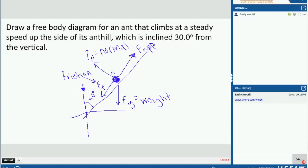Okay, so our F applied is equal to our friction force. And then our normal and our weight are equal to each other, but they're not in the same plane, so I'm just going to write it like this. This one is a little messier looking, but it still has all the characteristics of